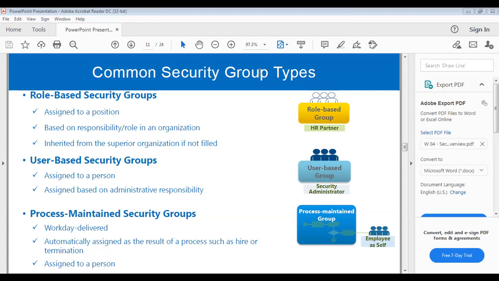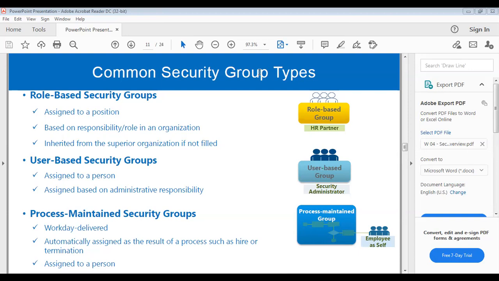That is nothing but user-based security groups. Anything related to administration, administrator, security administrator, IT administrator, is user-based. Remember this easily: anything related to admin, IT admin, security admin is a user-based security group.